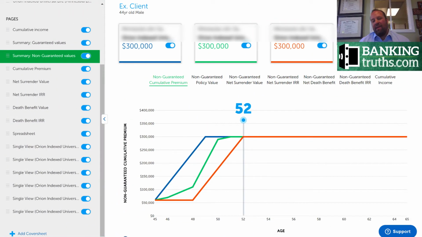Today we're going to look at the exact same IUL policy funded three different ways. Even though on the top left it says X client, no, this is not an X client of mine. It stands for example client. We should call it Flex client because our clients crave flexibility. Even if they don't need it, they want to know that they have access to it. And that's one of the beautiful things about Index Universal Life.